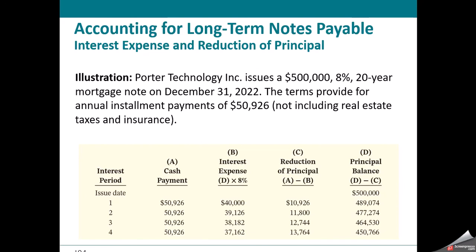put in 20 as your N, 8 as your IY. The 500,000 is our present value. With a loan, there's no future value. It's all paid back at the end, and then compute the payment. And you would get that